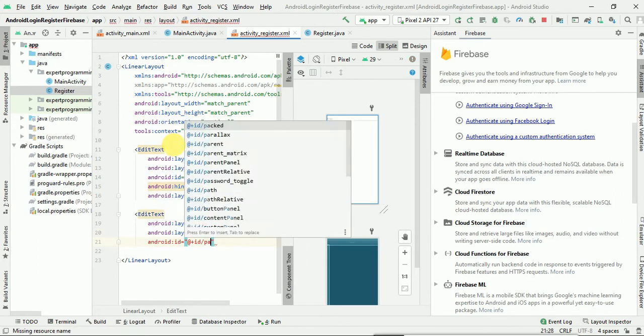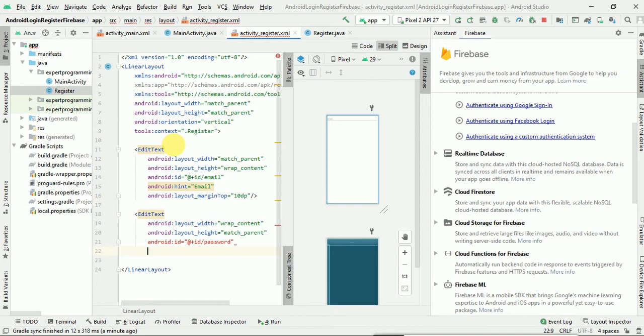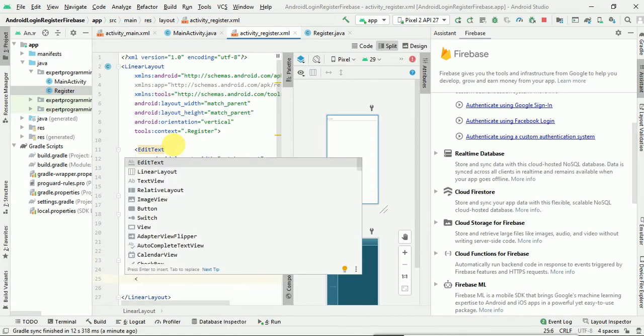Then ID password, hint password, top margin again 10 dp, and this one also gets closed, and then Button.